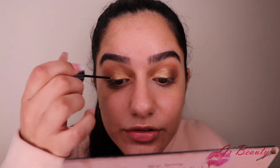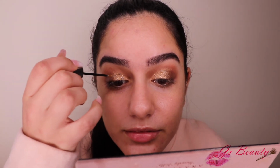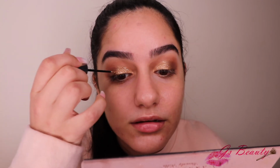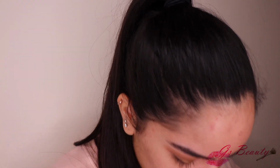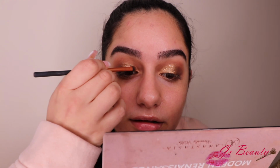This is the Urban Decay Heavy Metal Glitter in Midnight Cowboy. Everyone uses this one. It's so nice. So I'll just use it with the applicator that it comes with. And I'll just put it in random spots of my lid. Not really in my outer corner. And I'll go back in with my small brush and I'll just tap it into